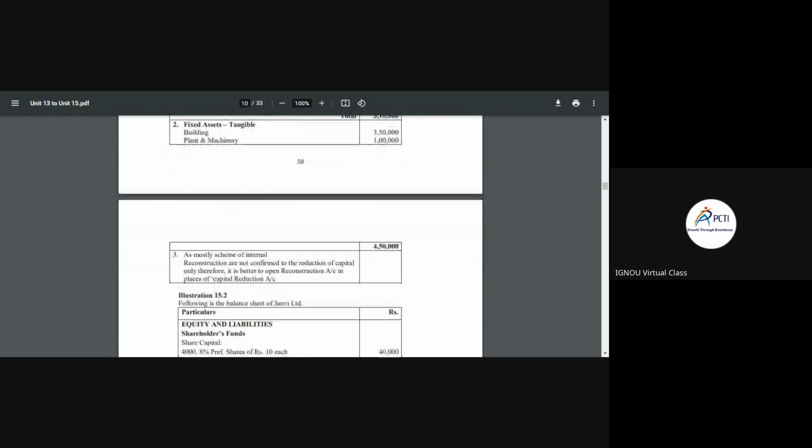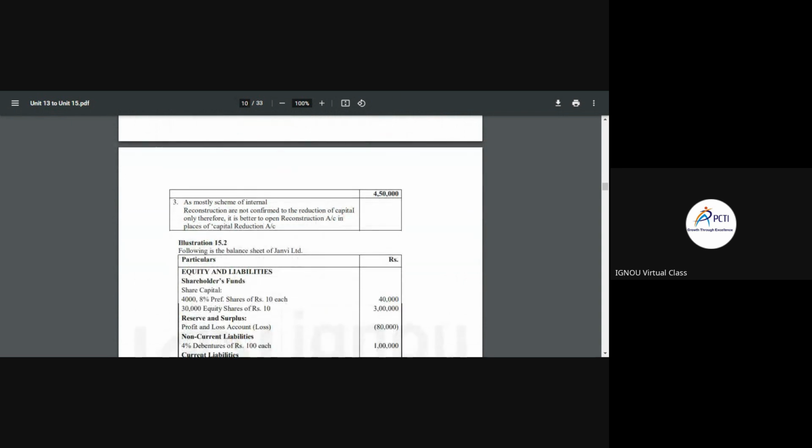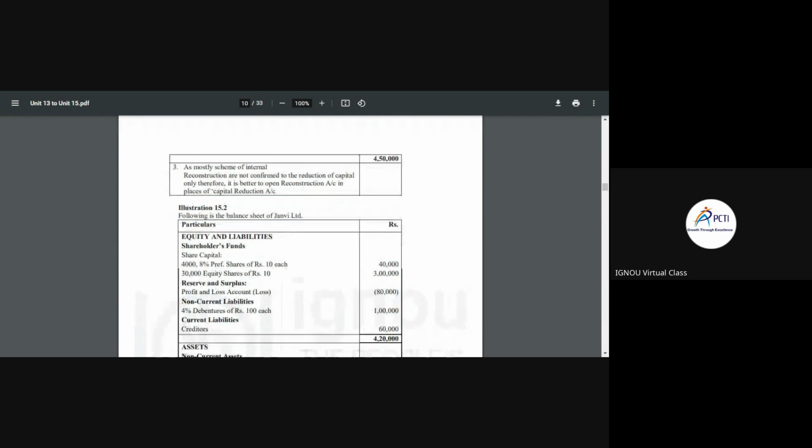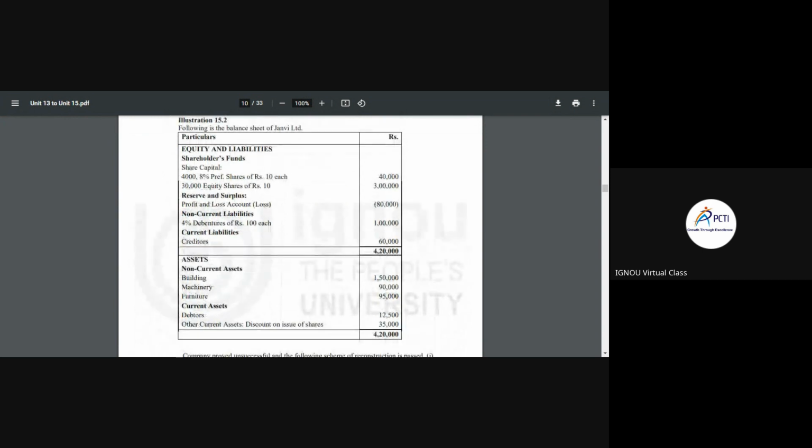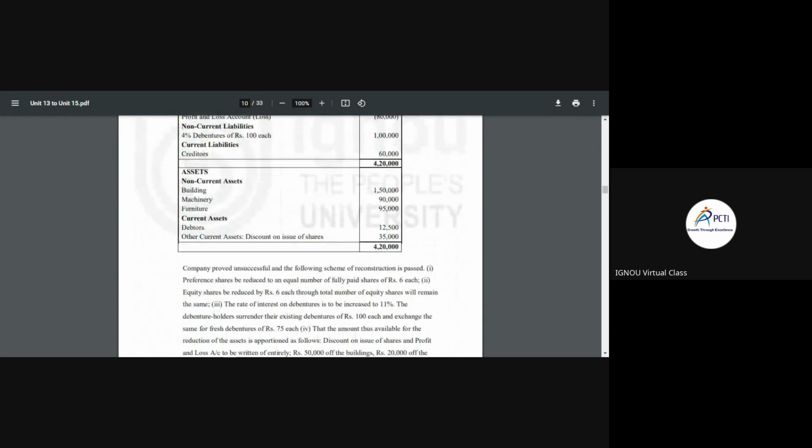Next one is, as mostly schemes of internal reconstruction are not confined to the reduction of capital only, therefore it is better to open a reconstruction account in the place of a capital reduction account. In the same way we have a balance sheet of Janvi Limited, and here we have some